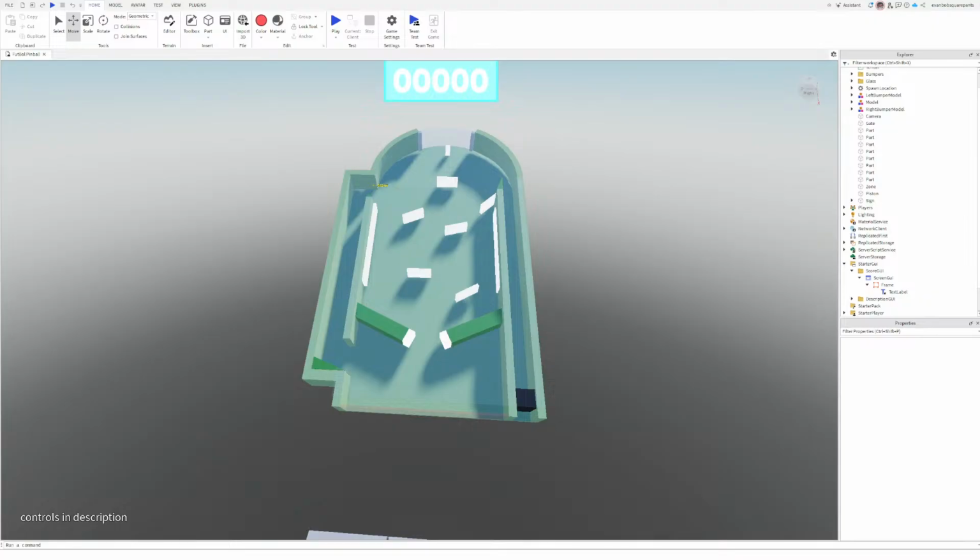In this order. Start GUI to screen GUI. Inside. What is it? Score GUI into screen GUI. Oh, okay, I messed it up. Score GUI. That goes to screen GUI, which goes to